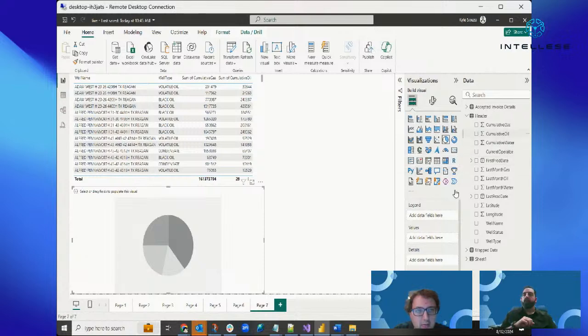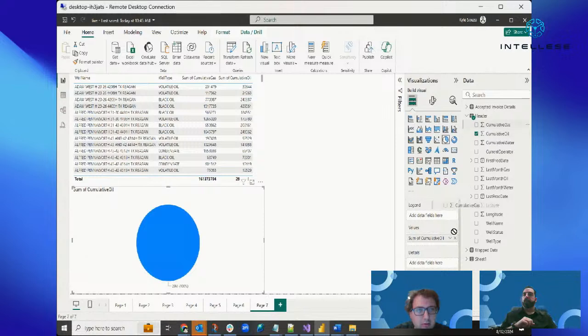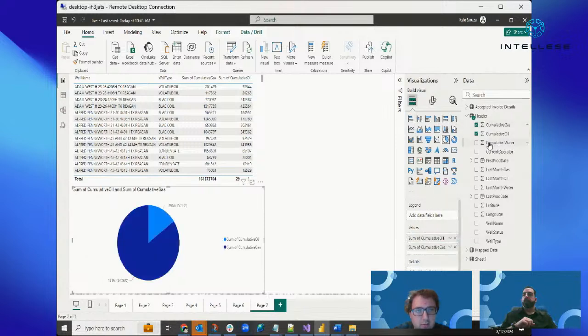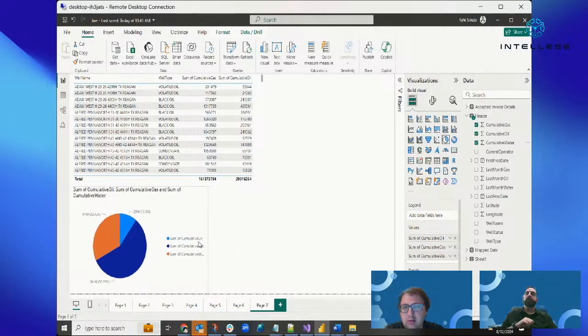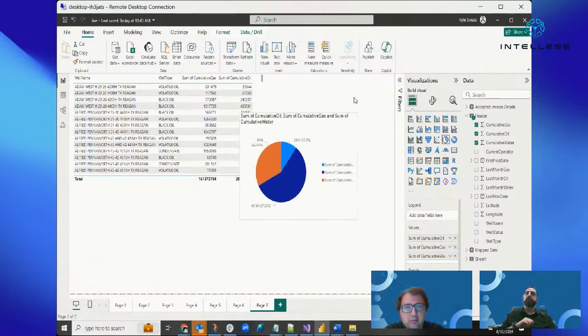So where are we? Cumulative oil, cumulative gas. We'll bring the water in on this one just to get more colors. So there we go. We got our breakdown of how these wells are producing. We can see that these wells are producing mostly gas. Good stuff. I'm going to move this a little bit up to here